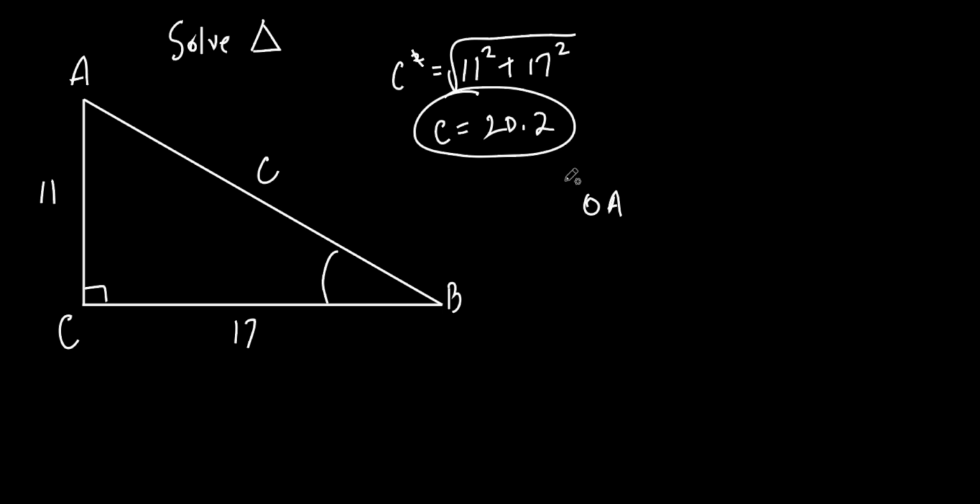OA, something OA. TOA, right. So it's the tangent, so-called TOA. You see that? That's how we know to use the tangent. How did I know to use the tangent? Because I've got the opposite and I've got an adjacent. So I use tangent when I have an opposite and adjacent. So watch this. The tangent of B is equal to the opposite, which is 11, over the